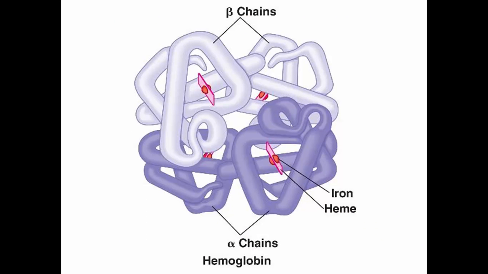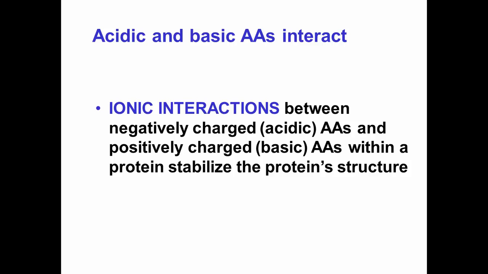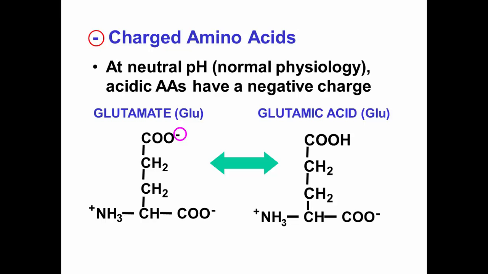Okay, and here's another picture of it just so you can see how that works. The heme group allows it to bind iron, and the way it comes together allows that oxygen to be bound and then offloaded at tissues so that we can deliver oxygen to the tissues. We have talked about ionic interactions between negatively charged amino acids and positively charged amino acids. That's how ionic interactions happen. And again, depending on where those amino acids are in the structure, ionic interactions can stabilize the tertiary and quaternary structures of the protein.